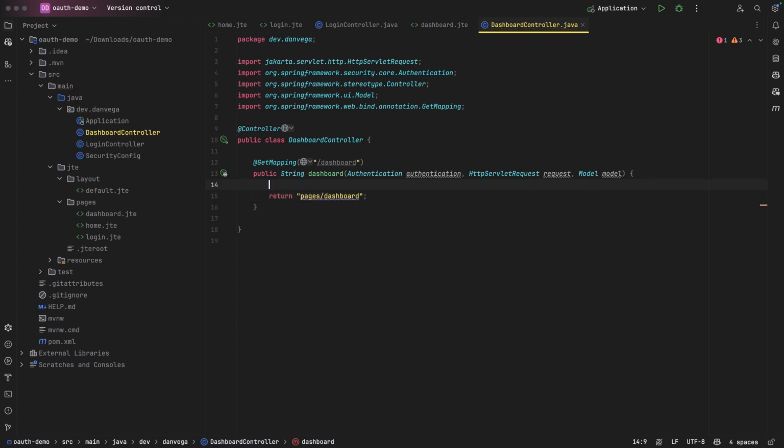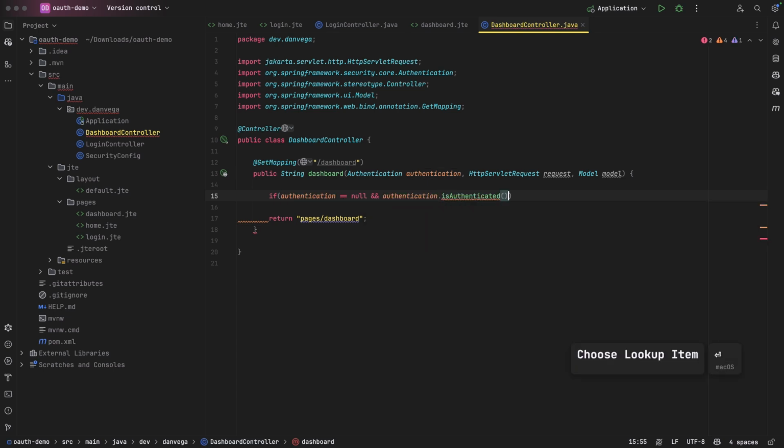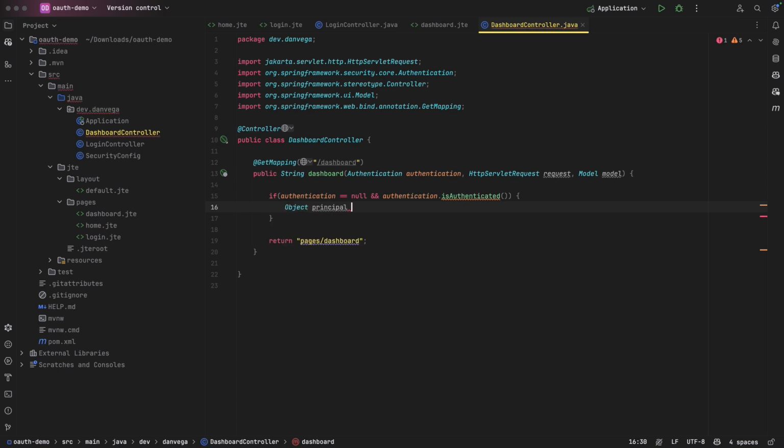But as you remember, we had some information in there that we need, right? So how can we get all of that information we need? One of those things was username, one was email, one was authorities. But based on the different type of authentication, we are sending different information into that template. So what I want to do is check the authentication. So if authentication is not equal to null and authentication.isAuthenticated. Now we know we're authenticated, so we can get the principal. So principal is equal to